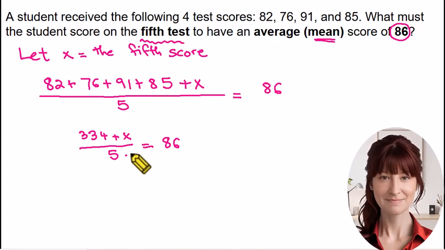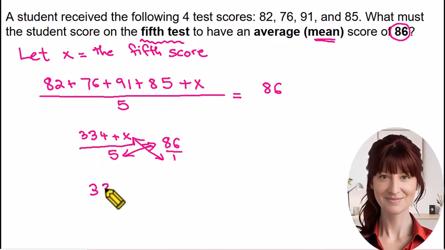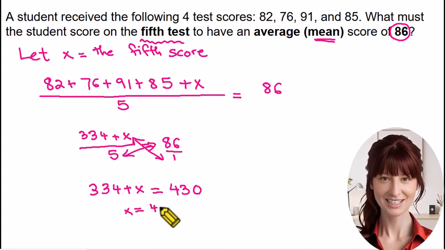And then we can cross multiply in this proportion, right? If you multiply the numerator of the first fraction by the denominator of the second fraction, that's the first diagonal. So we get 334 plus x times 1 is 334 plus x. And then 5 times 86, that is 430. So x will be 430 minus 334, which is